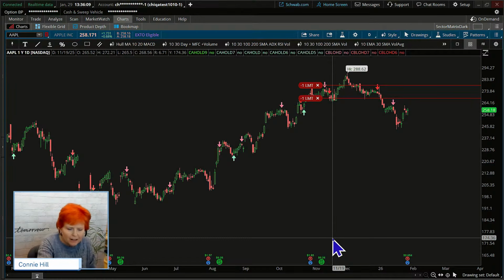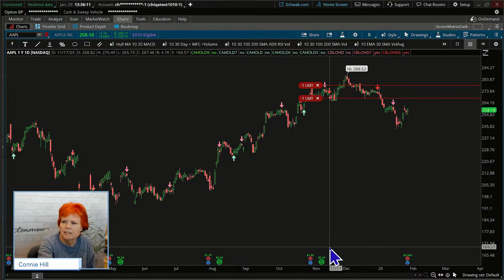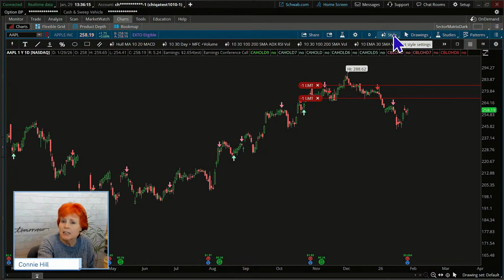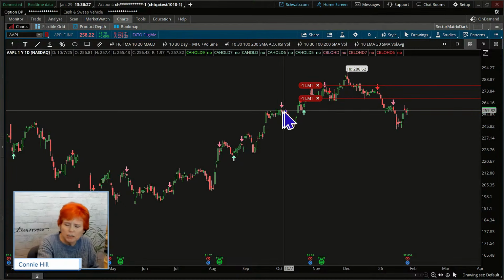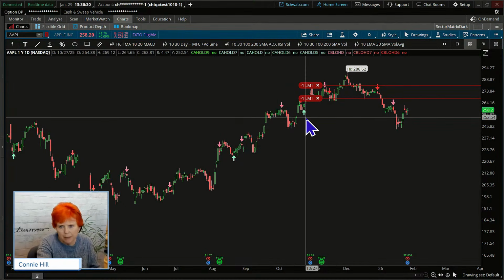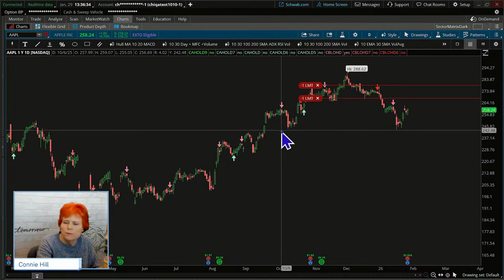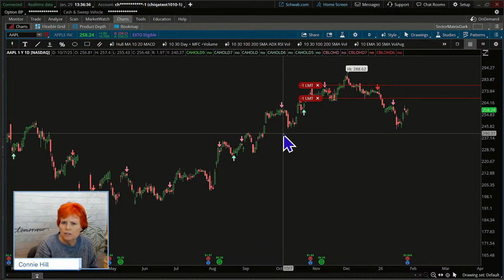Let's do a couple of things here. Typically, I would save it in a style personally. And remember, when you do a style, we can do it as a study as well, but when you do it as a style, it remembers everything. So it remembers the color of the arrows and the size of the arrows, and that we're in a black background, and that I'm using a candle trend. It remembers all those characteristics of what it looks like, okay?